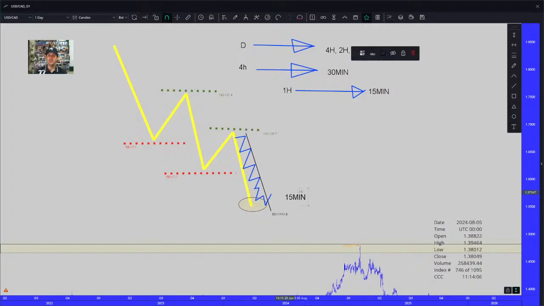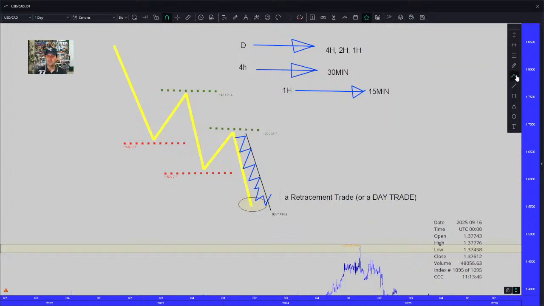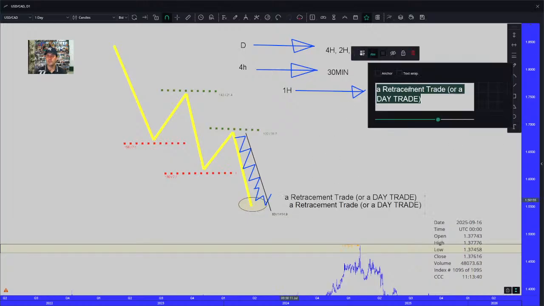So I need to learn, everybody, that a retracement trade, or a day trade on any lower time frame, or a day trade on the 5-minute chart, is going to make money